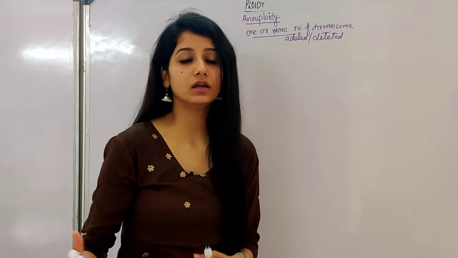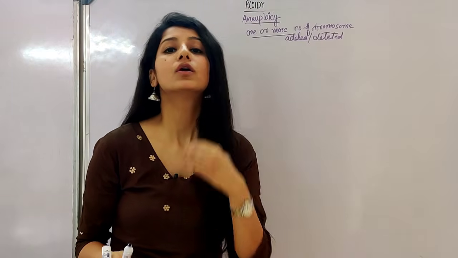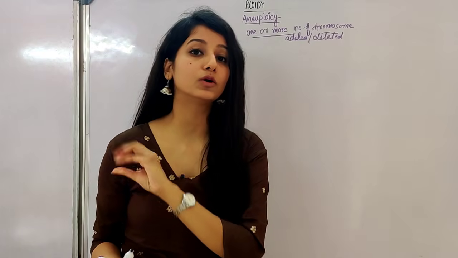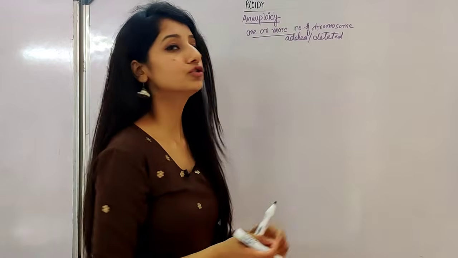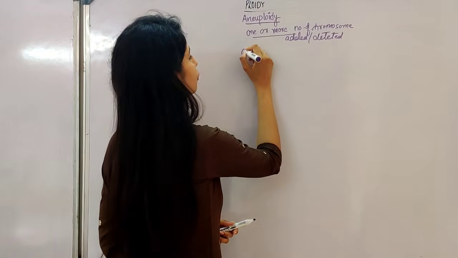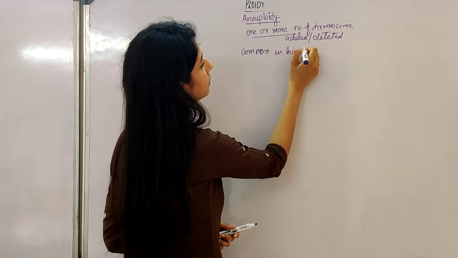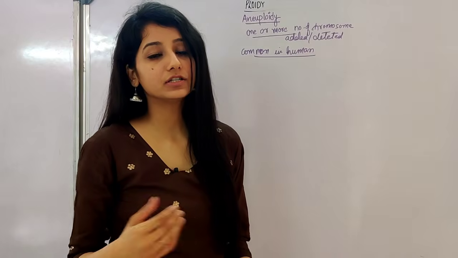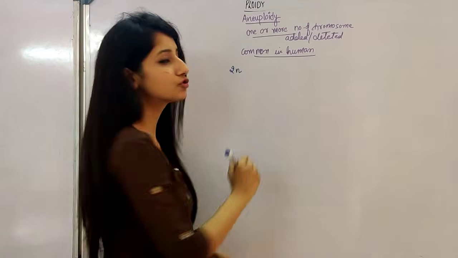For example, in humans there are 46 chromosomes or 23 pairs of chromosomes. So 2 chromosomes, 3 chromosomes, 4 chromosomes can be added or deleted, but not all 23 chromosomes will be added or deleted. So aneuploidy is common in humans. It occurs in humans, and many diseases in humans occur due to aneuploidy. But let's first see the different conditions of aneuploidy if we consider an organism as 2n.